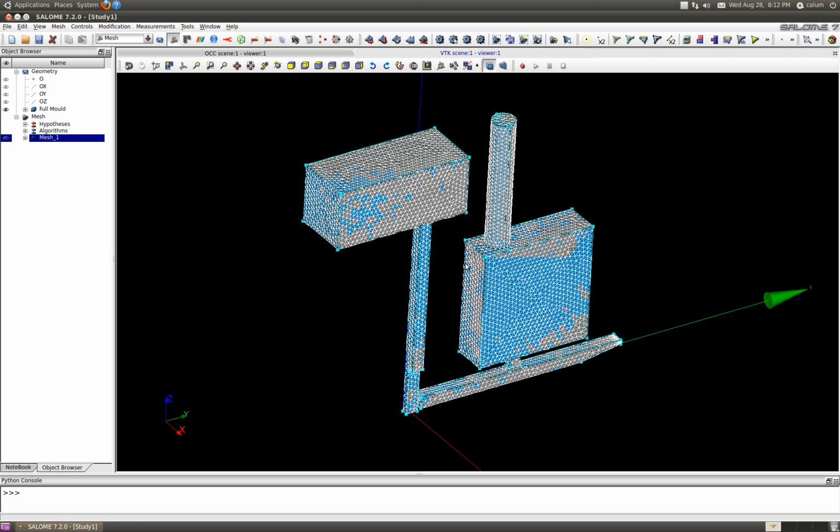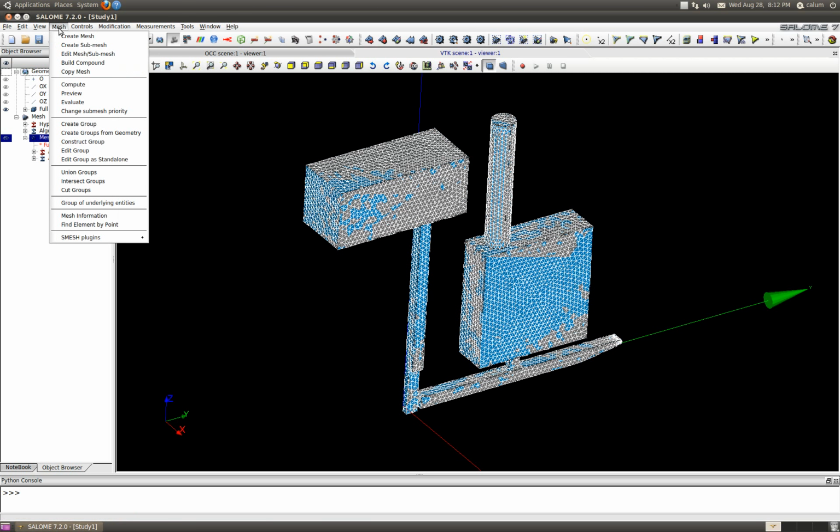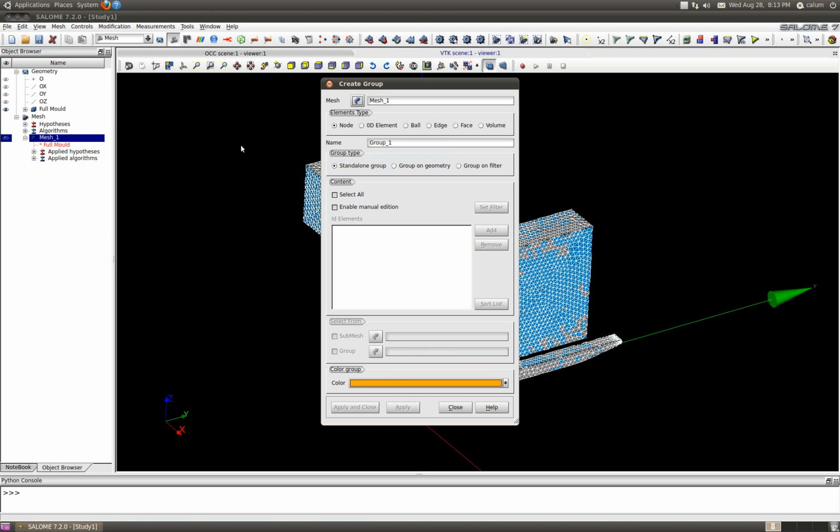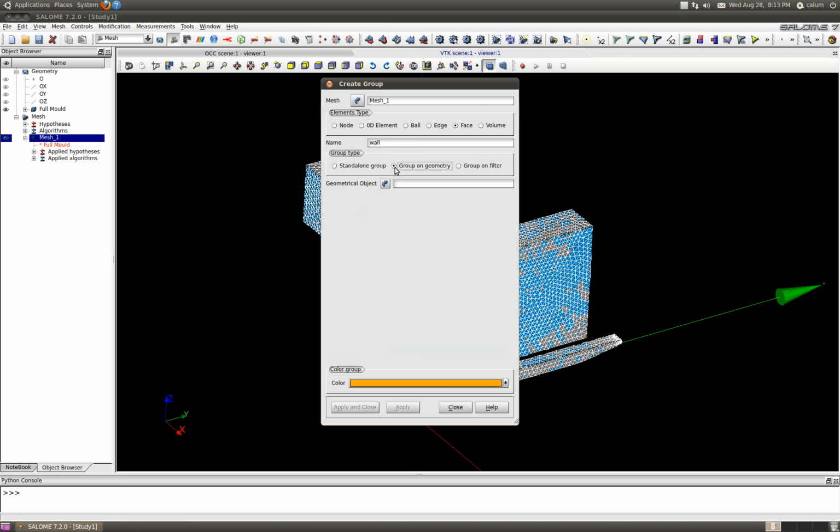So this is a solid mesh, 3D. So what I need to do now is make mesh patches, which are 2D, which are going to be the walls. So inlet, outlet and wall patches. So again, I'm going to go mesh, and I'm going to go create group. So mesh 1, so that's the name of the mesh, and I want a face, and it's going to be wall, and I'm going to do group on geometry,